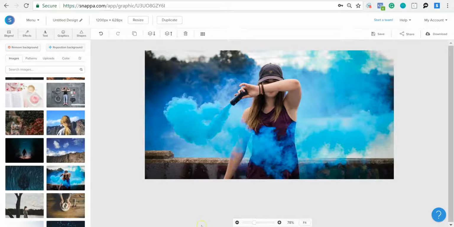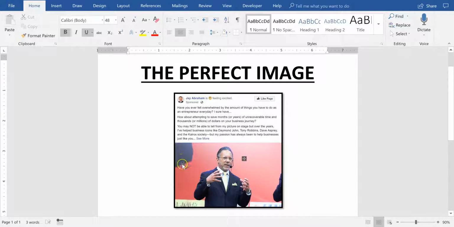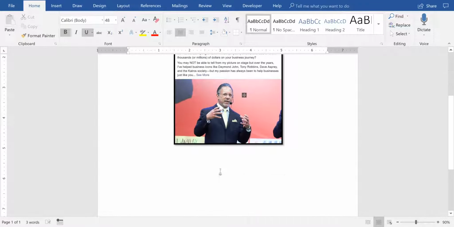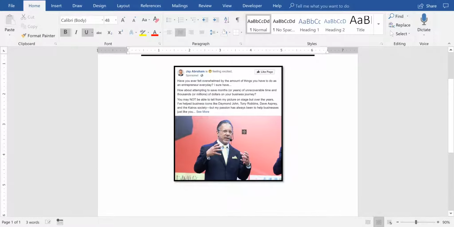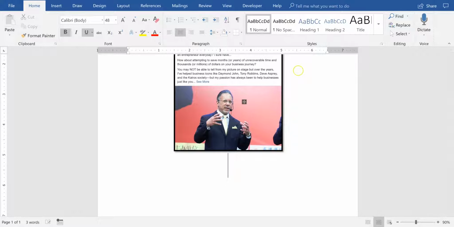However, if you don't want to put your photo right here, a picture of you, then there are 3 things that we recommend that you do. Okay, 3 types of images that work extremely well. I'm going to show you what those kind of images are. Let me just go ahead and resize this right here. Okay, so number 1,